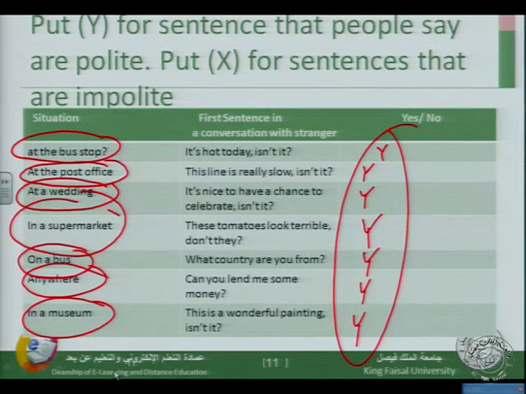So as you can see here, we have almost the same culture as others. You may ask, for example, Americans or British or Australians or Canadians questions, or you can start a conversation with him or her at the bus stop, at the post office, at a wedding, in a supermarket, in a bus, anywhere, in a museum. So there is no difference now. There is not even difficulty. There is no culture shock, because they will give the same answer as you expect.